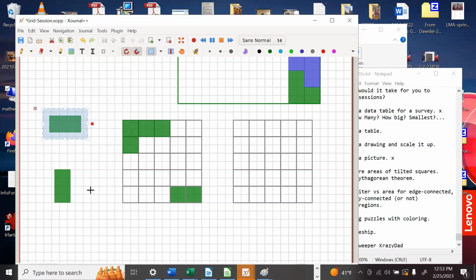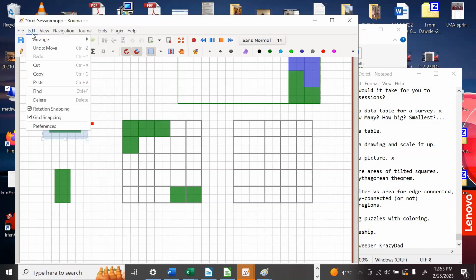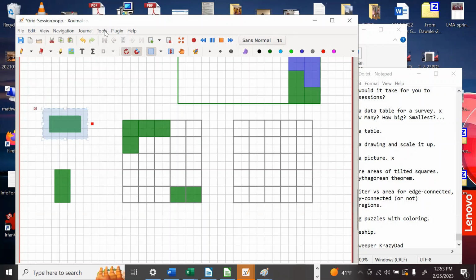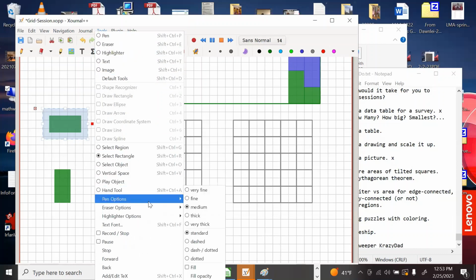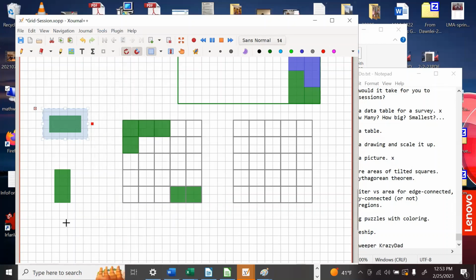So the object is to make a square. We're trying to fill in this whole 5 by 5 square with these 1 by 2 rectangles without using any overlap. Which I think if I had edited this guy, I think it might have helped. I think I'll make another one where I edit the pen tools again, and I'll do a fill medium so I can see the boundaries of